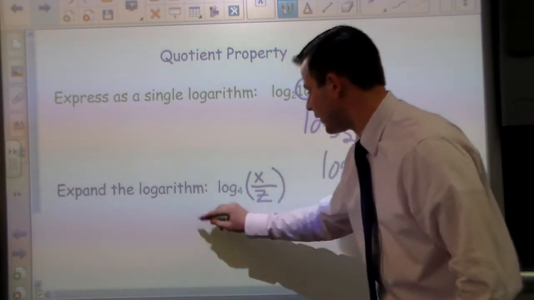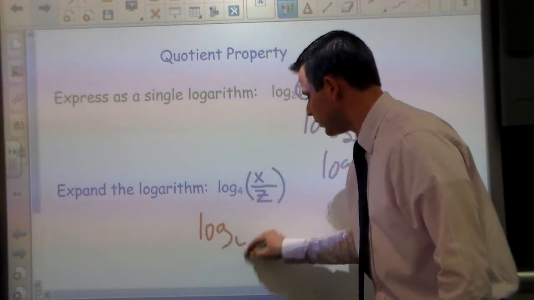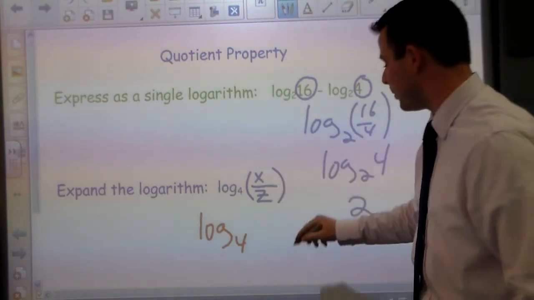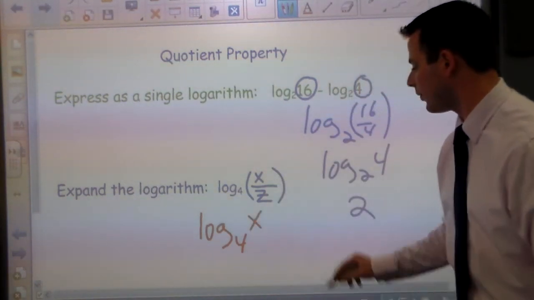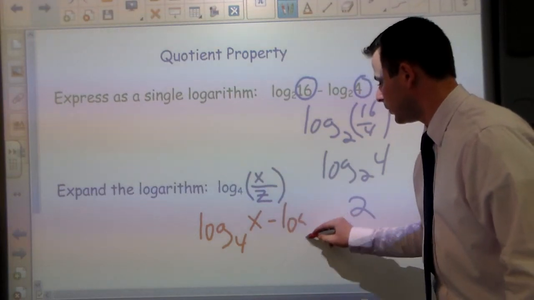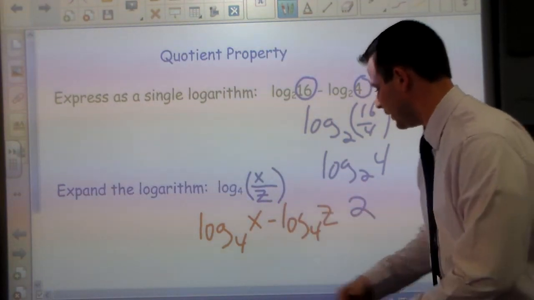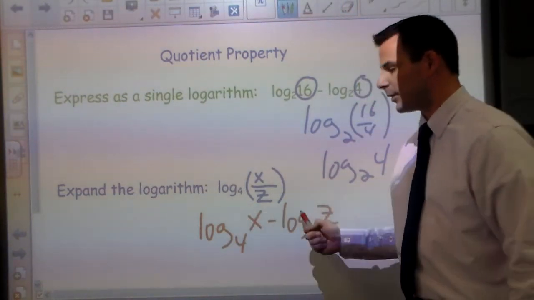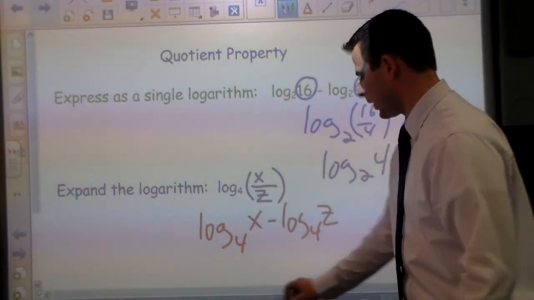The base will remain the same, log base 4. And the numerator comes first in a subtraction, just like if you're simplifying terms. Log base 4 of x minus log base 4 of z. And there we go, subtracting exponents because we were dividing. The last property